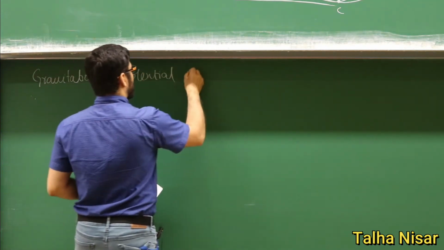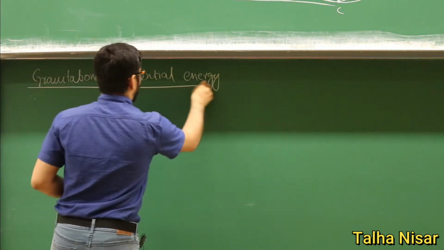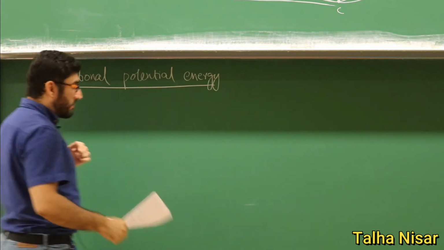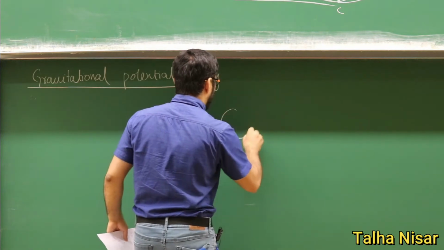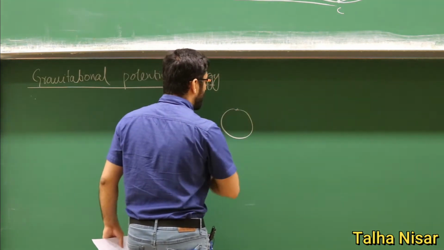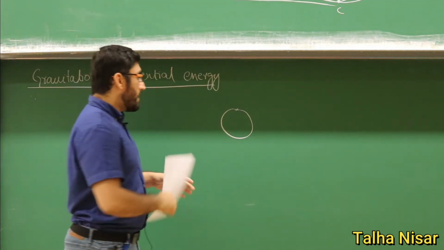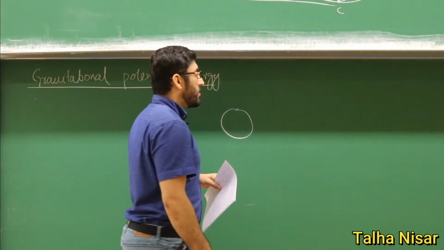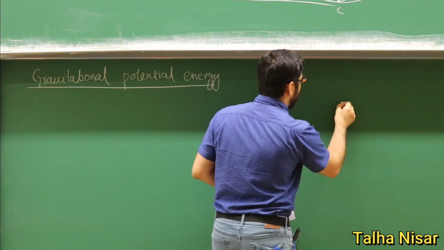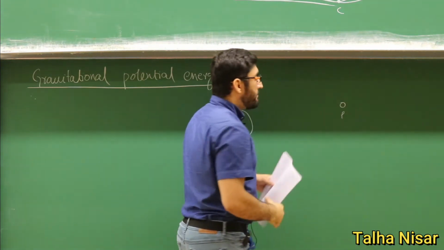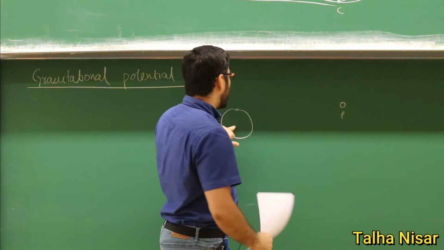potential energy. So the gravitational potential energy, for example, we have the Earth. So this is the Earth, and it's attracting the objects because of the gravitational force. And if we have a small mass, for example, a small mass here at point P, and if I bring this mass from the infinity to this point when it's feeling the gravitational